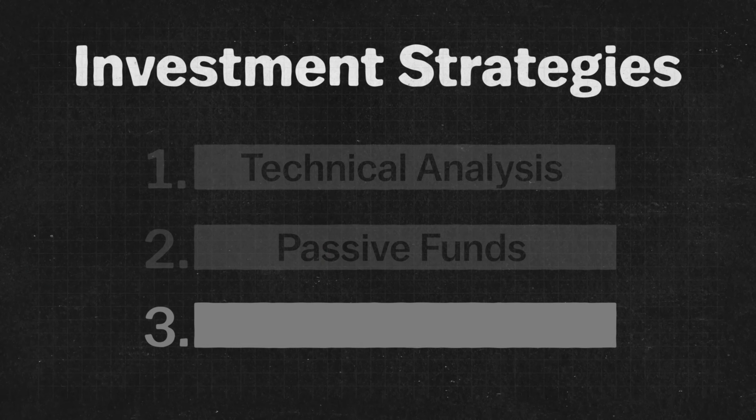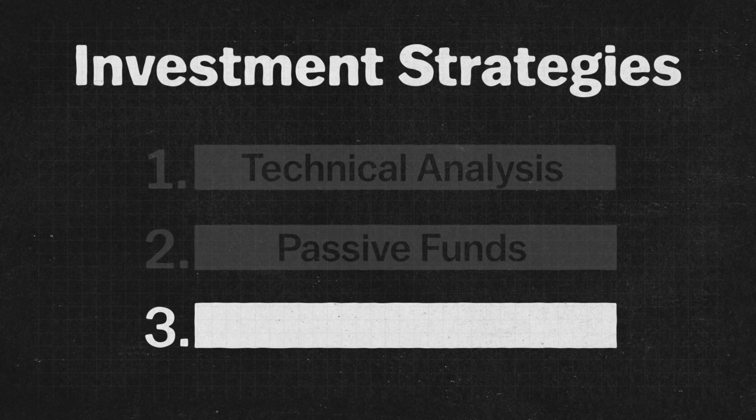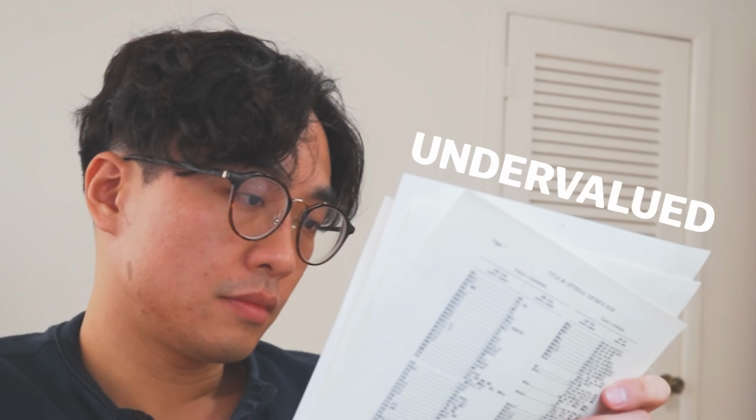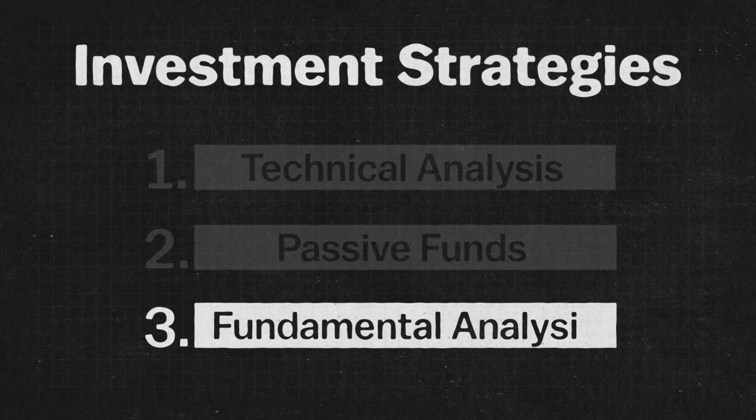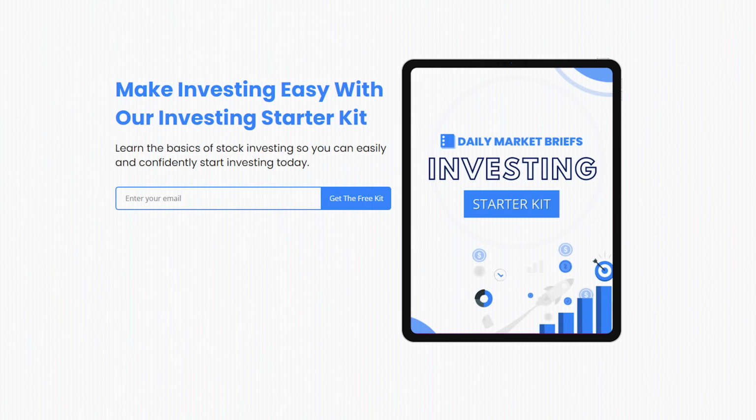The second of my two favorite investment strategies involves identifying undervalued stocks. For example, a company stock that should be worth $100 per share in the stock market is only trading at $80 right now. And this strategy is called fundamental analysis, which you can learn more about with my free investing